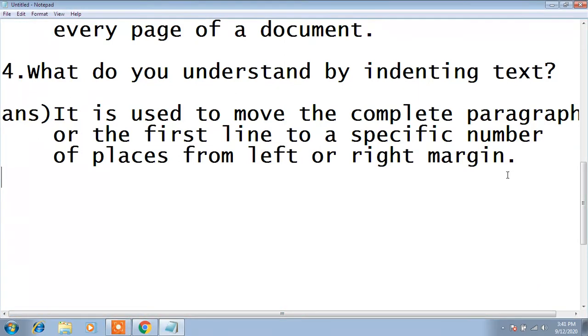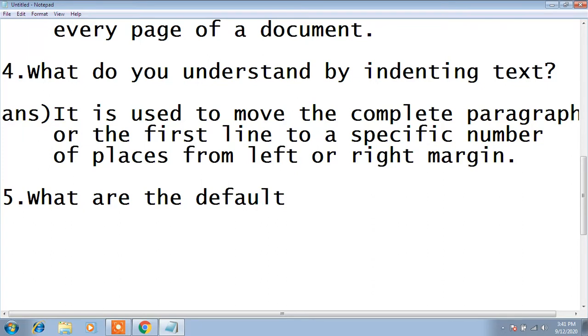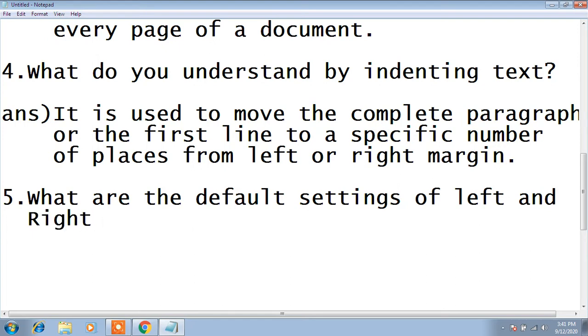Now the fifth question is, what are the default settings of left and right margins? So the answer of this question is